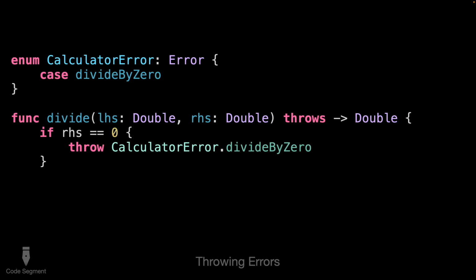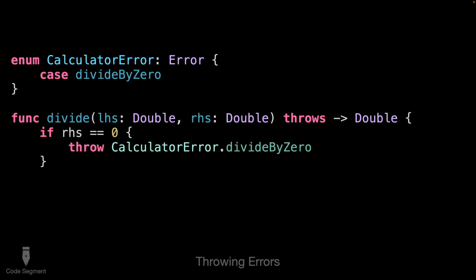Okay. So if someone were to pass in 0 as the divisor, or the bottom part of the division, so these dividend, divisor, is that how it goes? I don't remember. It's been too long since I did basic arithmetic. I know quotient is the answer, but